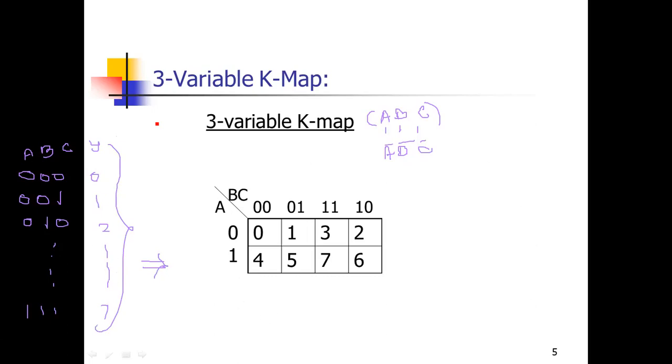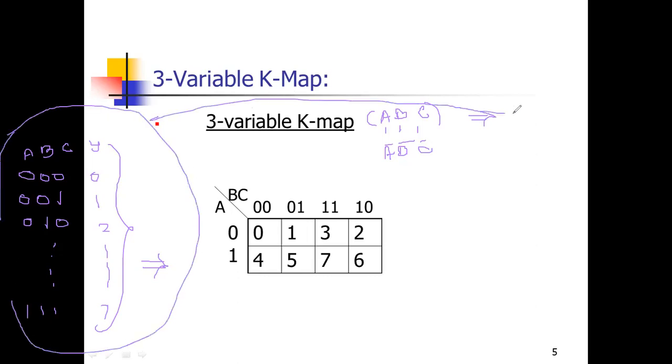So all of you listen once again, because this is the two variable method. How can we represent this truth table using a Karnaugh map? By using the formula 2 power n, where n is the number of variables, three. So 2 power 3 equals 8. The number of cells is 8.